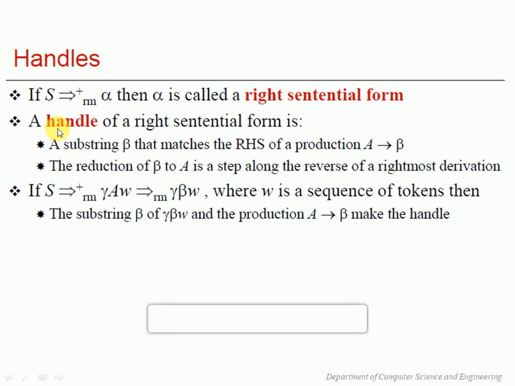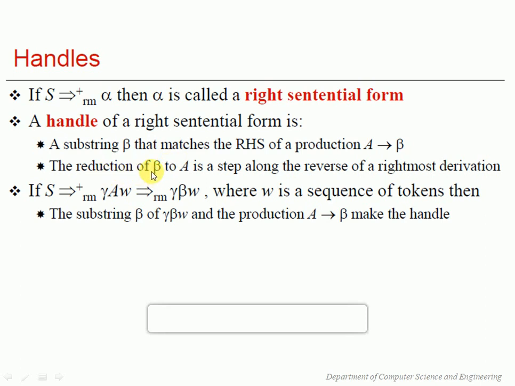A handle is identified with respect to a right sentential form. It is a substring beta that matches the right hand side of a production A gives beta. This substring beta means the substring is of a right sentential form. So it has to be a handle only if it is a substring beta that matches the right hand side of a production A gives beta. Again, the next condition for the handle is